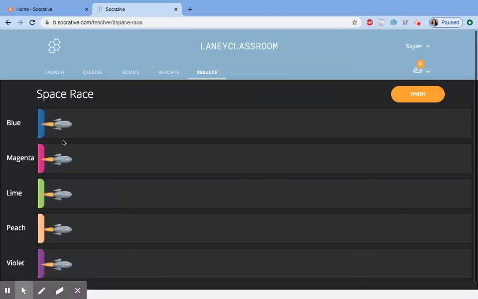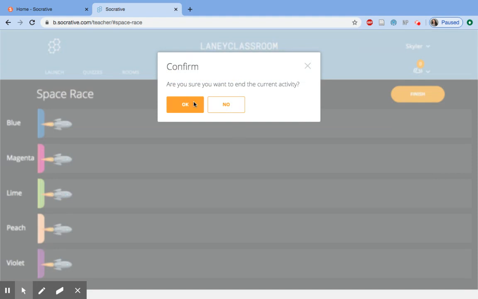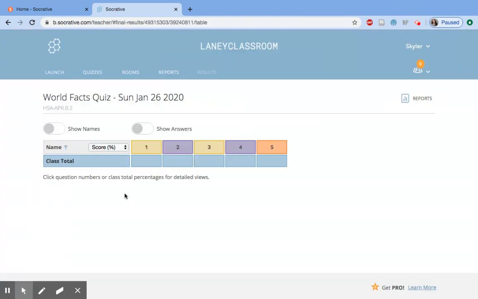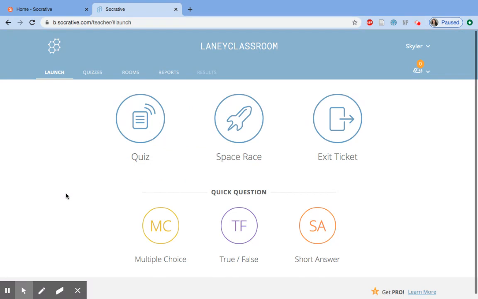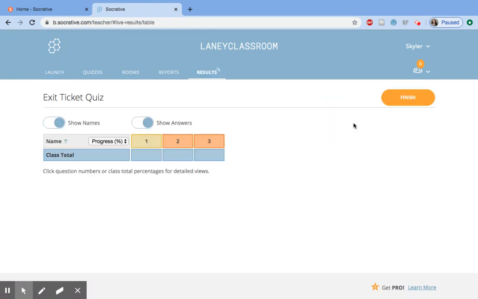This then allows you to see the pace of each team. In this way, you can decide to make your own teams to see where students might be struggling or which students might be struggling. All right, so if we finish this activity, then you can also see the results right there. All right, and finally, if we come back, you can see this exit ticket will simply give you the